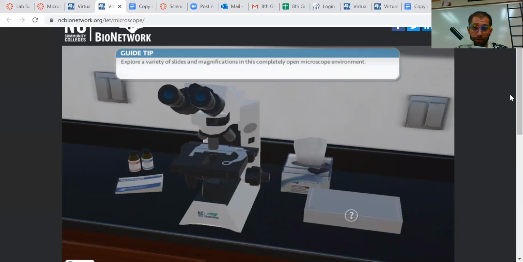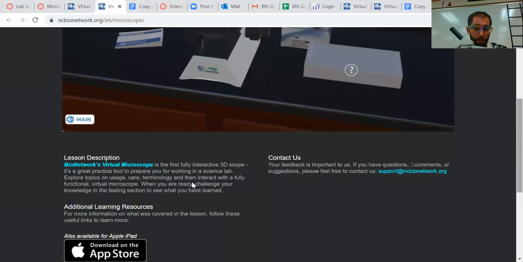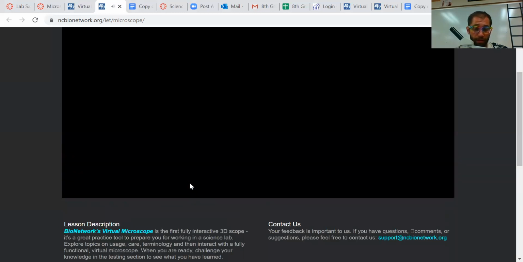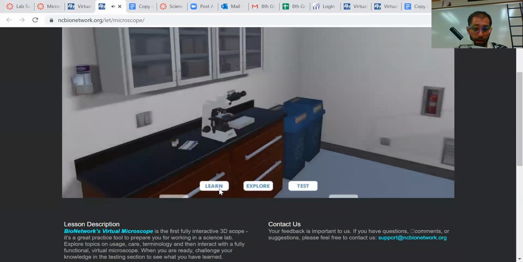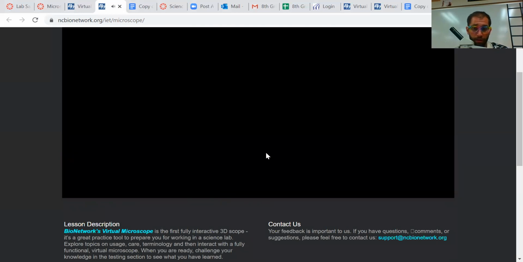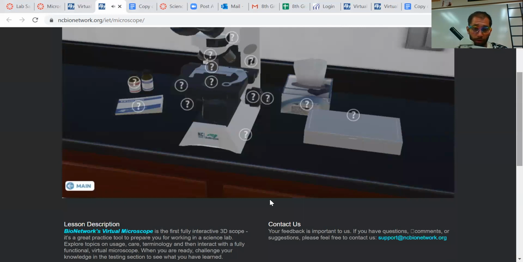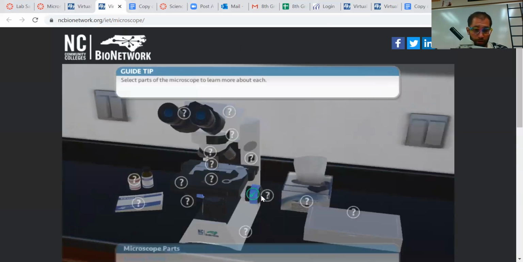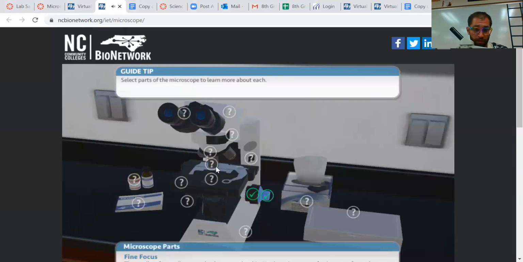Within this lab too, take a second in the main menu here, going back from the exploration, to look at a little bit of our learning about what parts are what, right? So what would this look like? Here's your coarse focus, your fine focus, your objective lens, the diaphragm, your nose piece, your stage, the body, the arm, the eyepiece lens, the base,